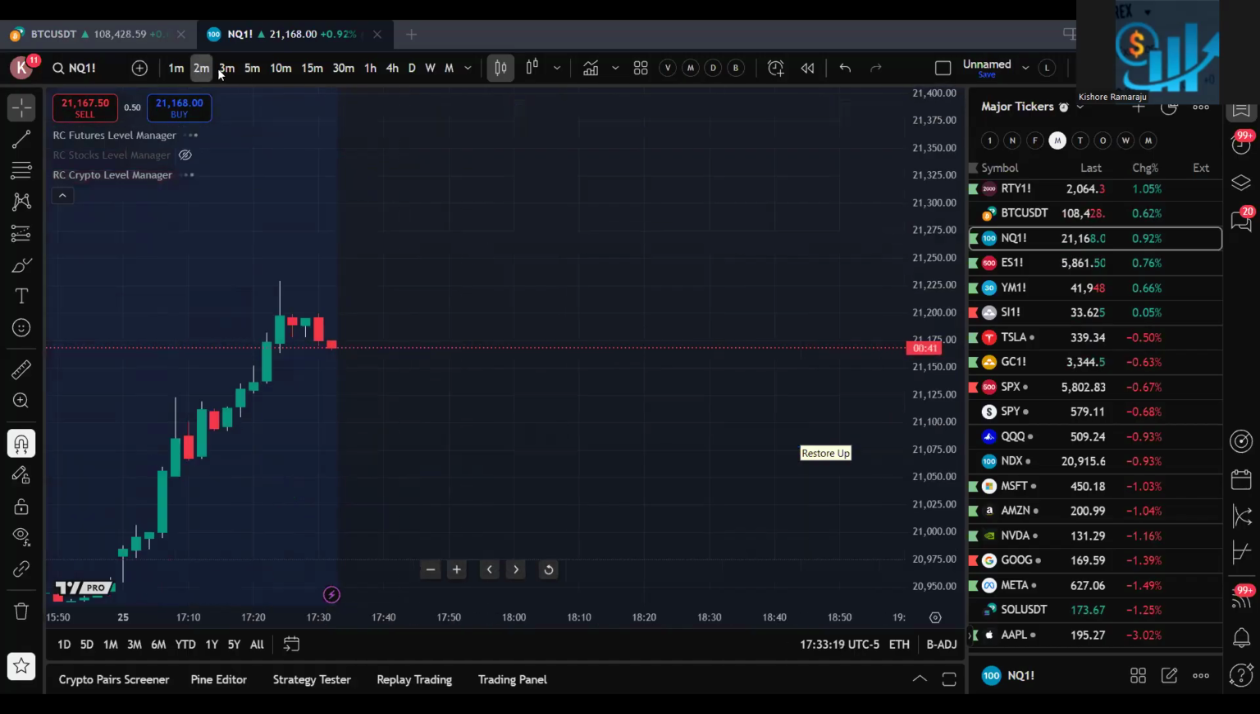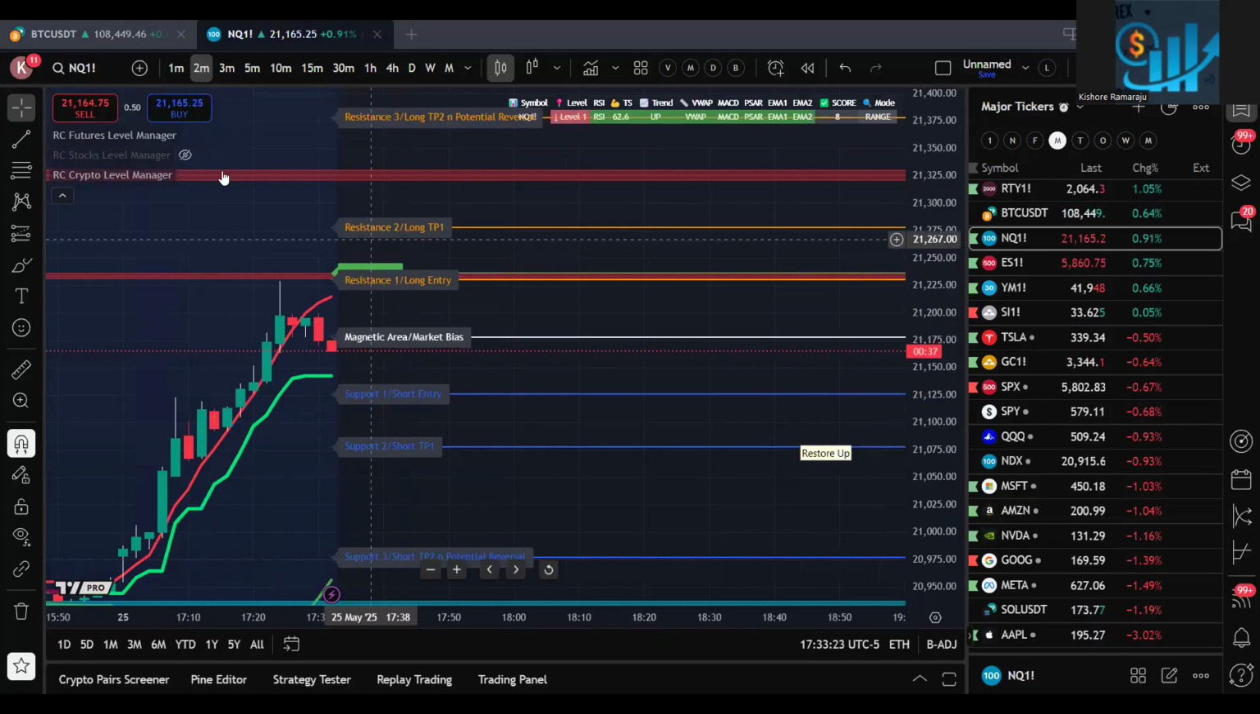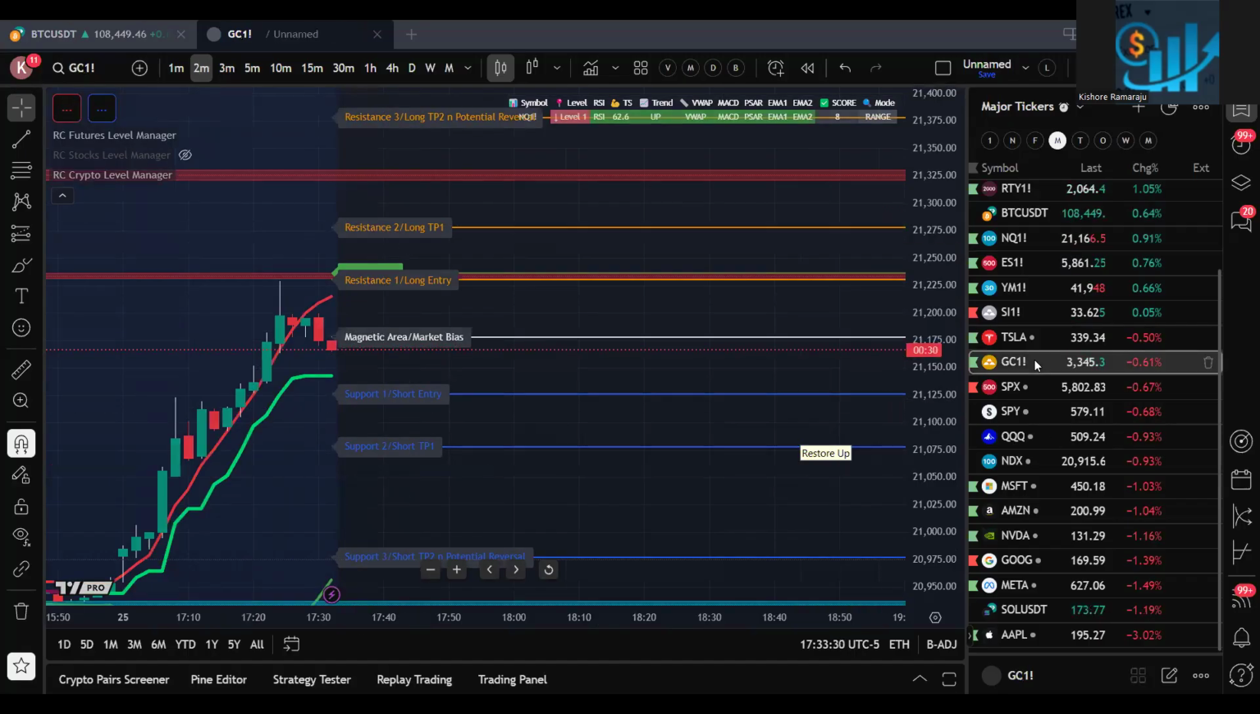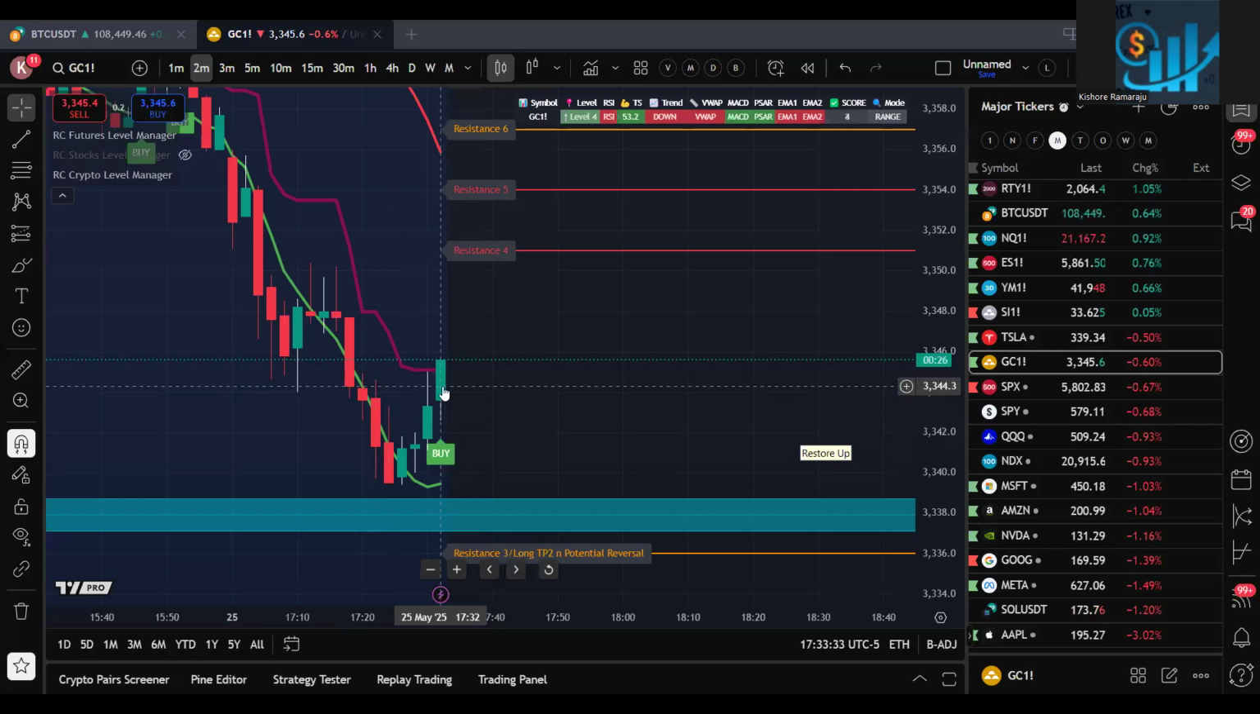Whether you use 2 minutes or 3 minutes, whatever time frame you use, if you use 2 minutes also, that's fine. But whenever you see a buy signal in 2 minutes, we take it. In the same way, for GC, we'll only look for sell opportunities. So we got a buy, but better you avoid the buy. If you get a sell opportunity, better you take it,